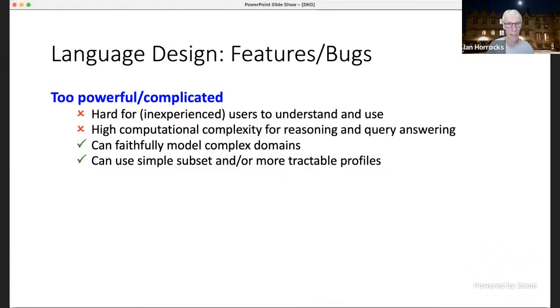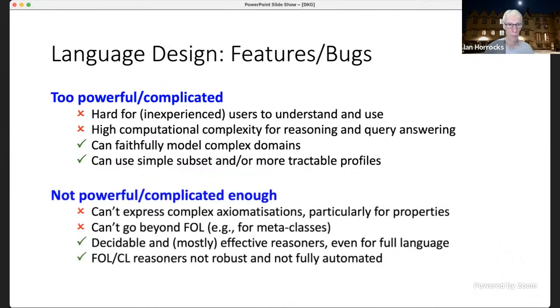So there was this big tension anyway, even in the OWL working group, between people who wanted to make the language more expressive and people who said it was too complicated. And well, there are pros and cons, take your pick. And we can look at it either way around. So as I say, there were arguments in both directions.